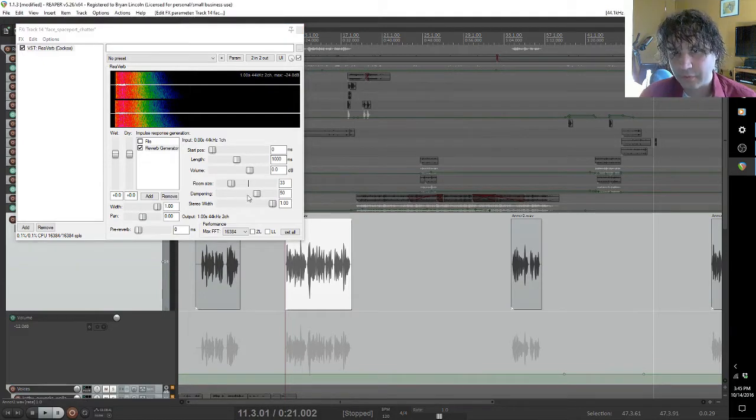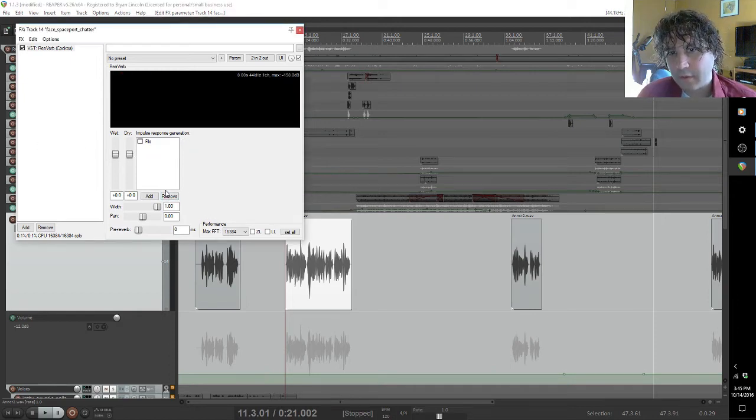You can play around with the size of the room, so the echo or the bounce back of the reverb can be tweaked in a lot of different ways. But what I like to use, rather than the calculated version, is the measured version, if you want to call it that. So in Reaper, using ReaVerb, which is a very nice free reverb plugin that comes with Reaper,